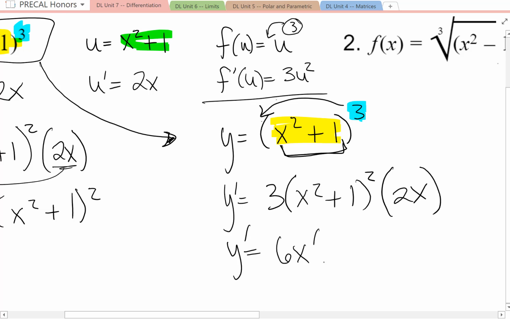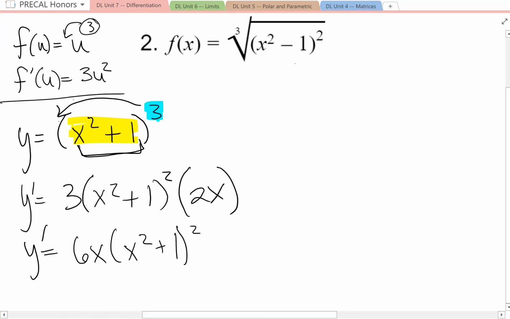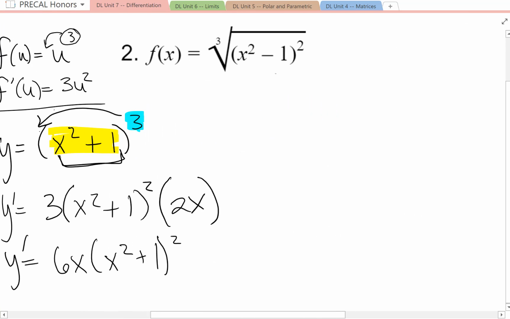And there's how I would do this in 2 steps. Once you get familiar with the pattern, once you get familiar doing it over and over. Number 2, we're going to rewrite this, first of all,